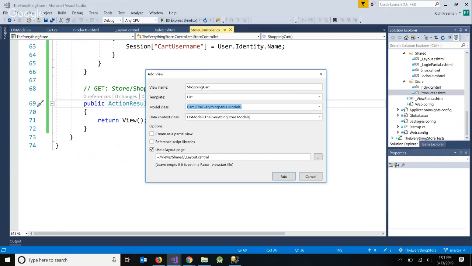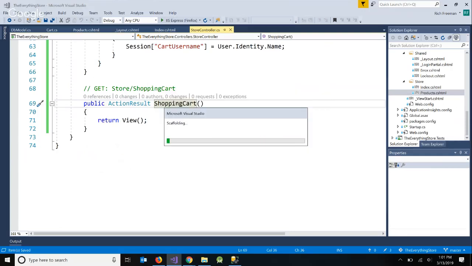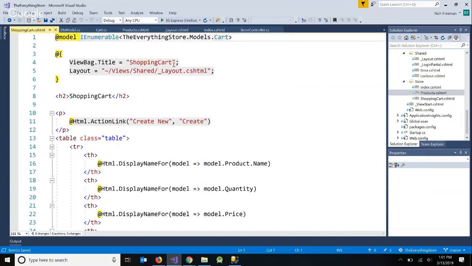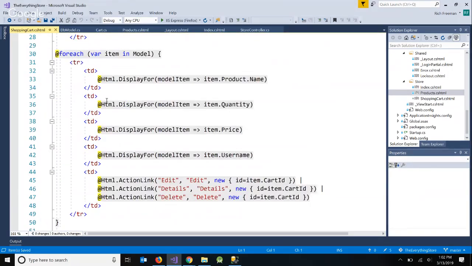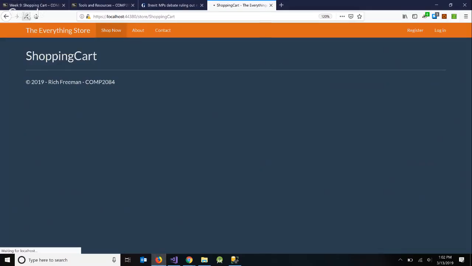Now, by default, this is going to give us all the cart items from everybody. So we're going to have to add a filter in the code, because we don't want all the items in everyone's cart. We only want the items in our cart, for the particular user. So we'll rescaffold. I don't need to rebuild. All I did was delete the view and recreate it. Now we've got an IEnumerable of type cart, and a foreach loop that displays all the items in the cart table. So if I just refresh,